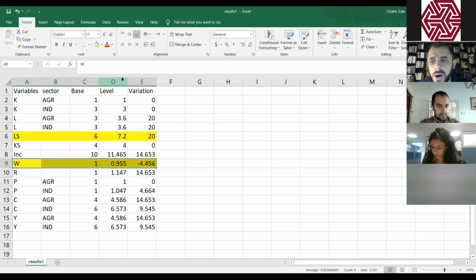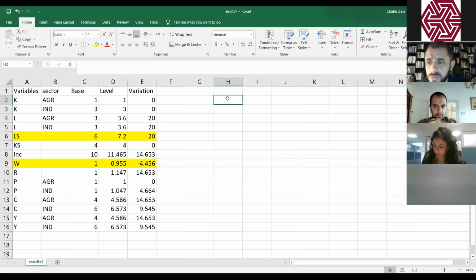And labor demand now, we have a very important thing that we have to take into consideration, which is the factor intensity of the two sectors. Okay. What does this mean? In order to understand how the two sectors will react, we have to calculate the capital to labor ratio of each sector. And before we continue the analysis of the results, I want to calculate the capital to labor ratio